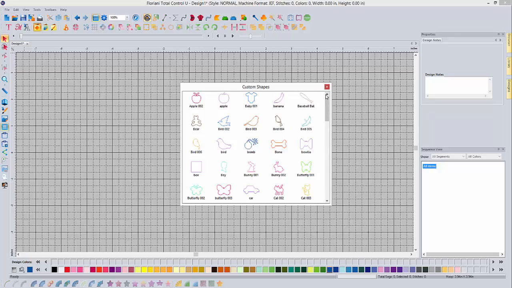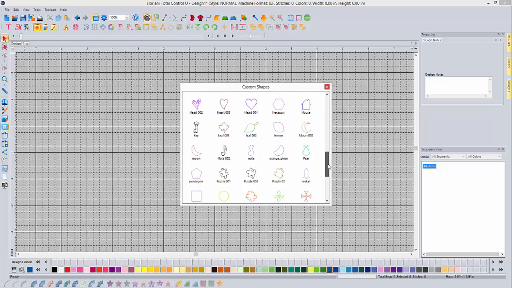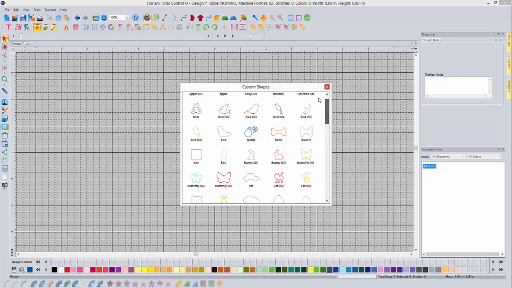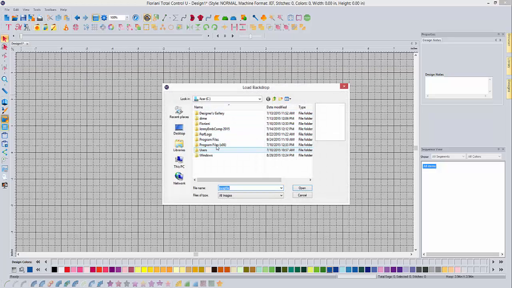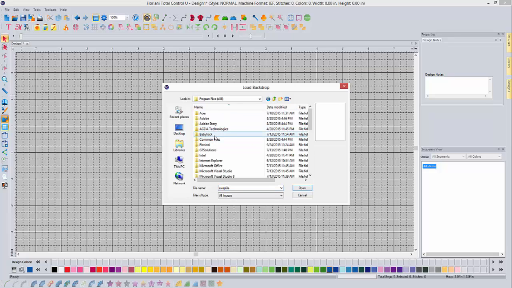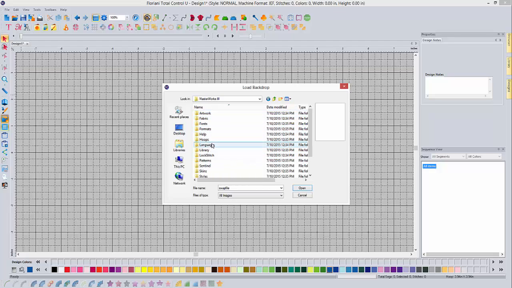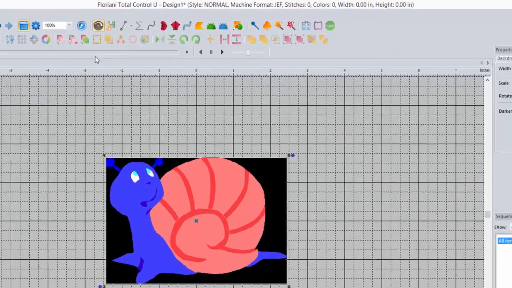So anything that I can create in this program, I can turn into one of these custom shapes, and that's how they made all these. So you see down here, one that I made is this skull, but you can do anything. So like say I was tracing a backdrop. I need something to trace. I don't have very many files on this computer. Let's see, there's some images in here. Artwork. Whatever. Okay, so say we get this little snail